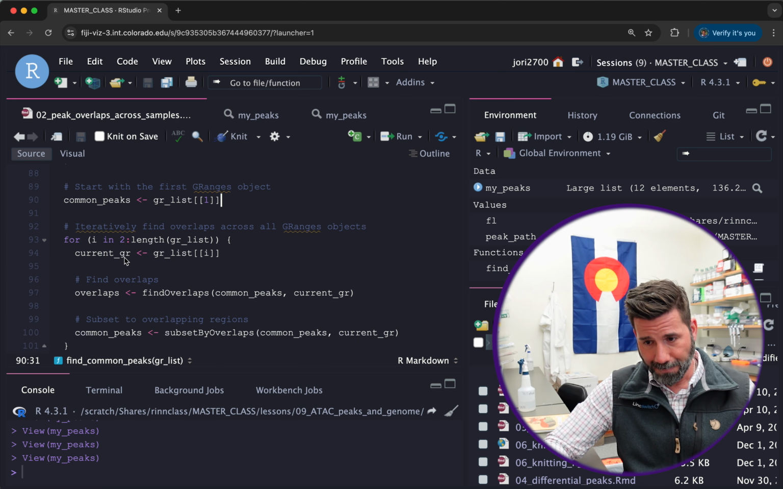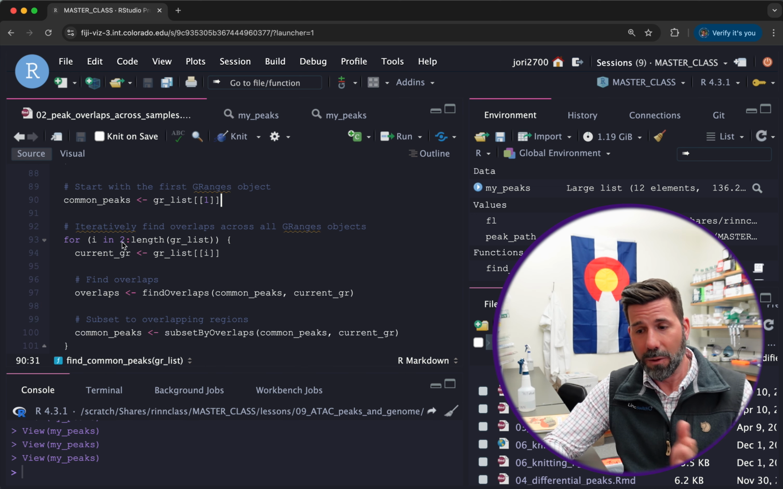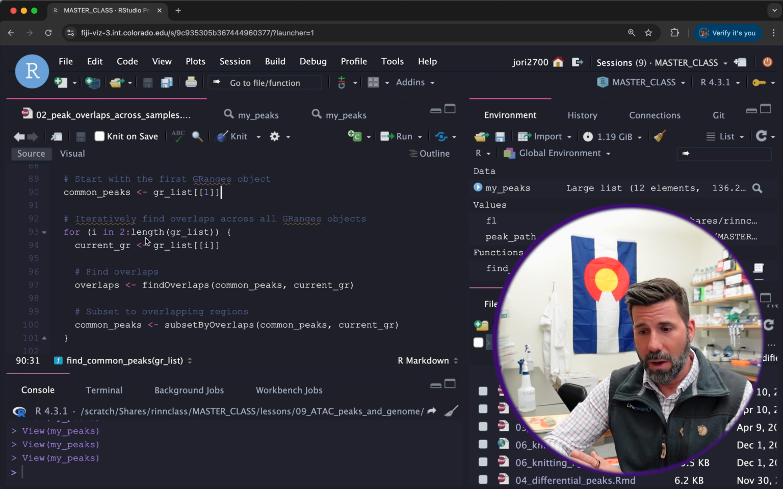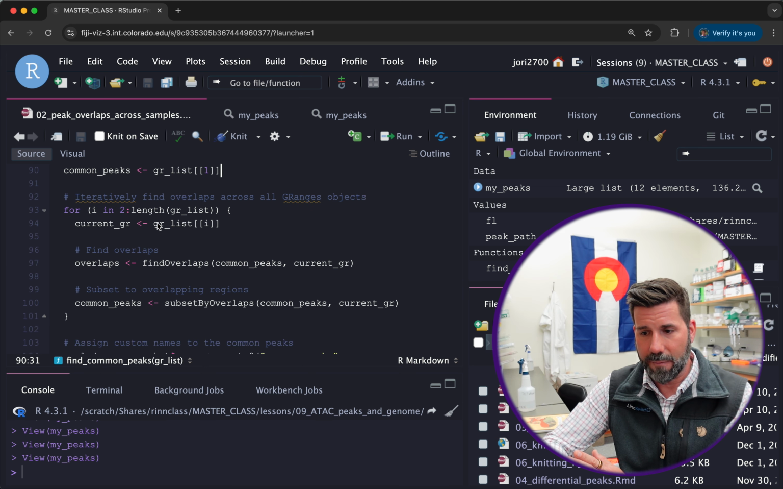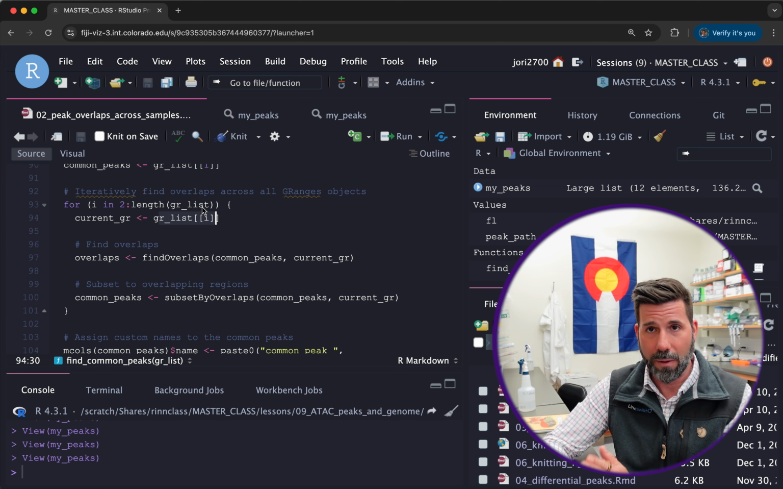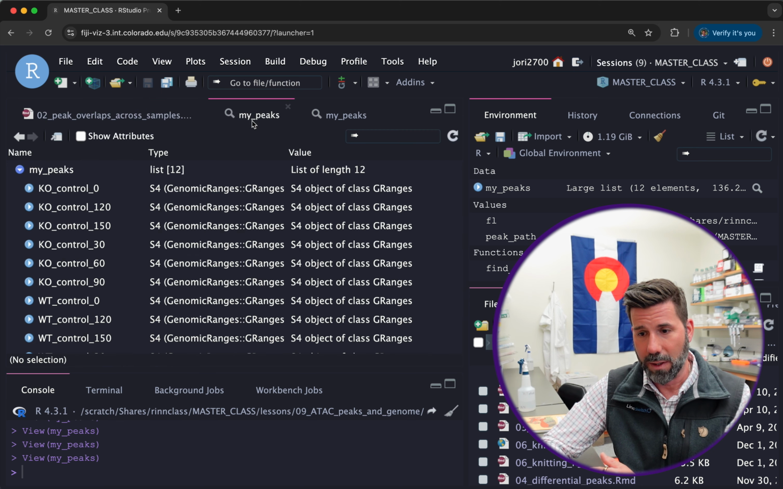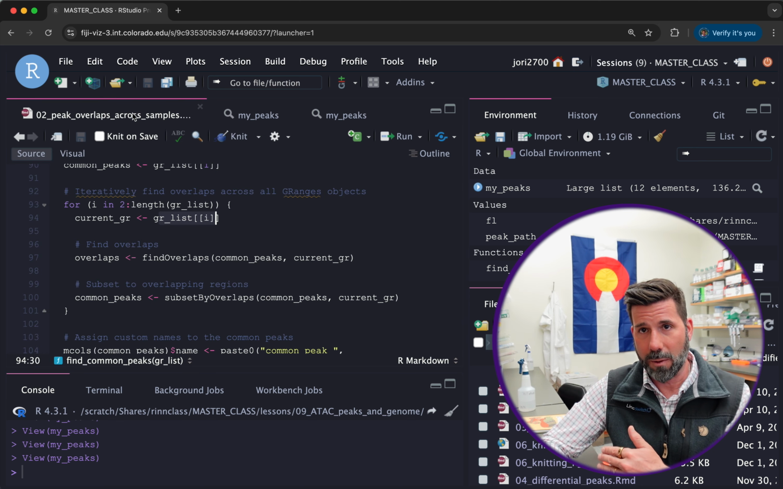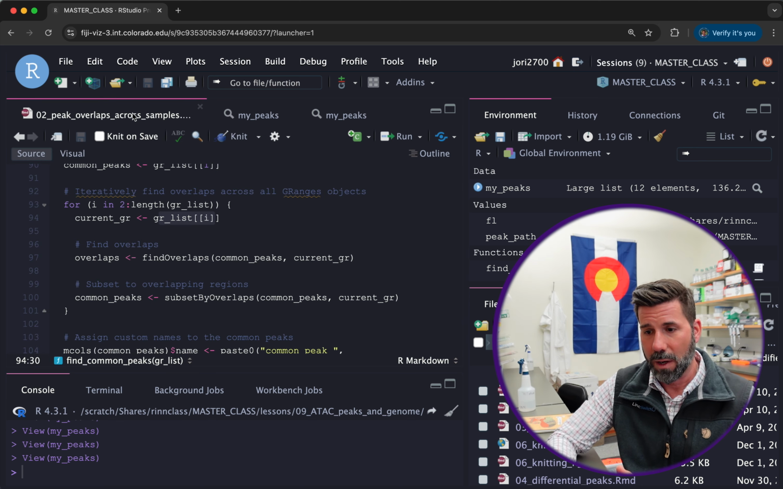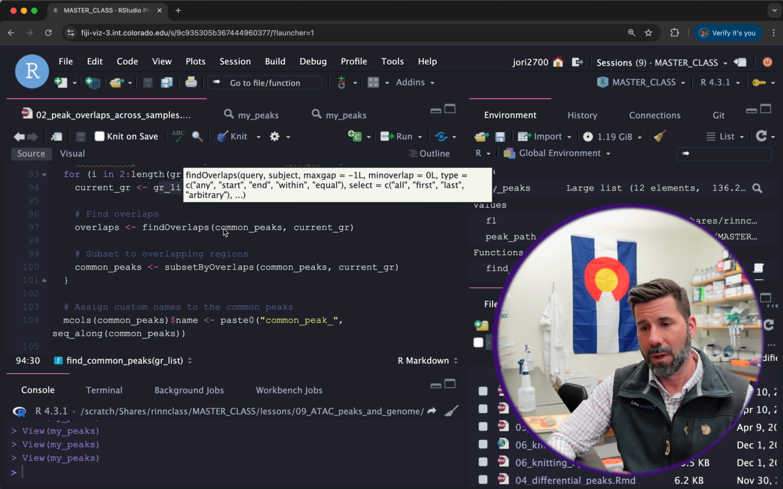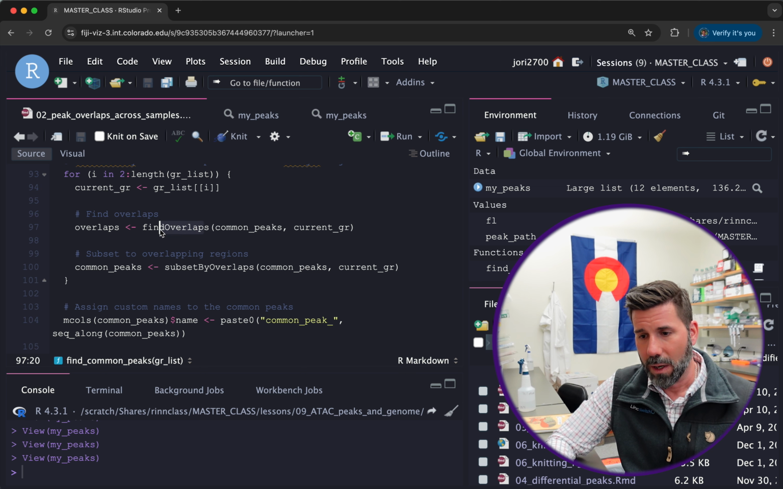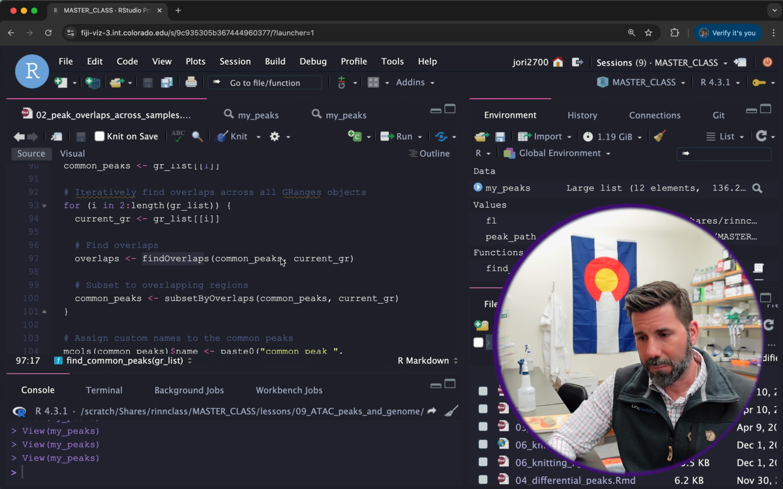So we're going to take the first one, and then for the second through the rest of that list of 12, we're going to make an overlap. And so we're going to make a GRanges list of i, which is the second file now, because we're doing 2 through the length of this mypeaks 12 files here. So we're going to start with the second one because we already have the first one indexed here. Okay, and then we'll do find overlaps, which is the GenomicRanges function, to find that in common peaks and